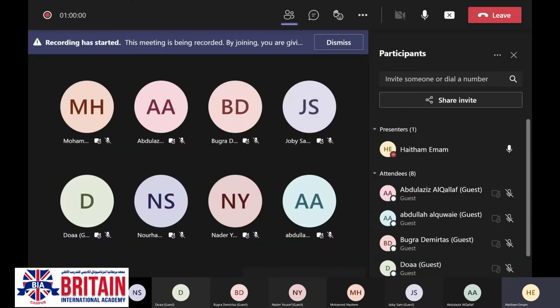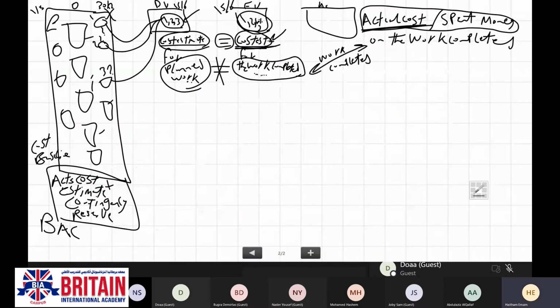The actual cost will be higher than the earned value in case I was planning to finish the completed work for 10 KD while I have spent even 10.100 fills.